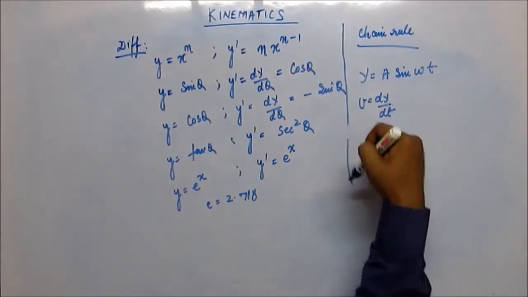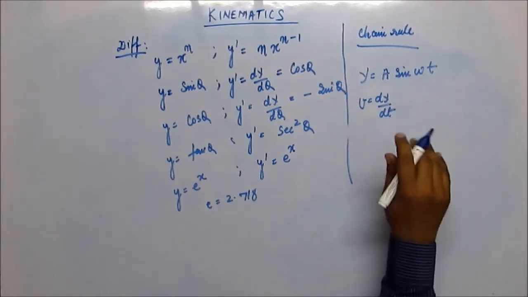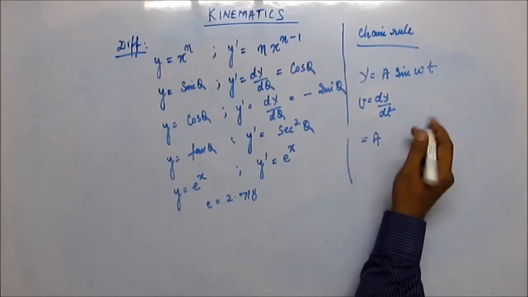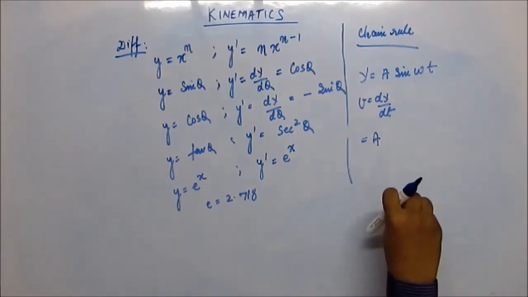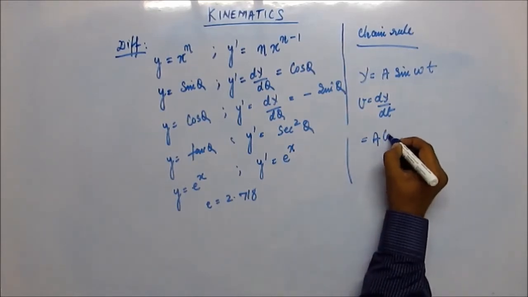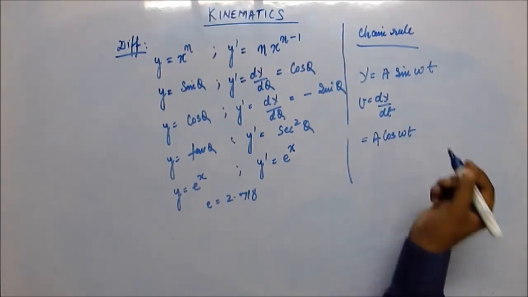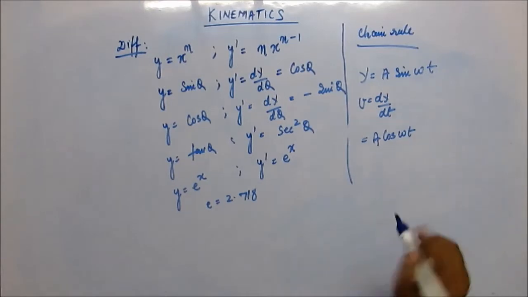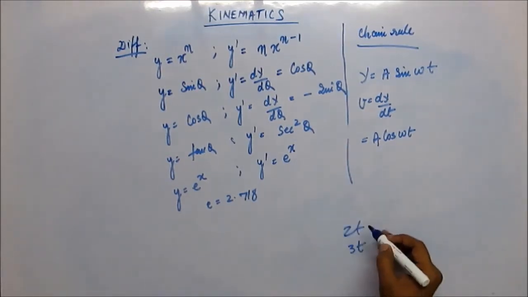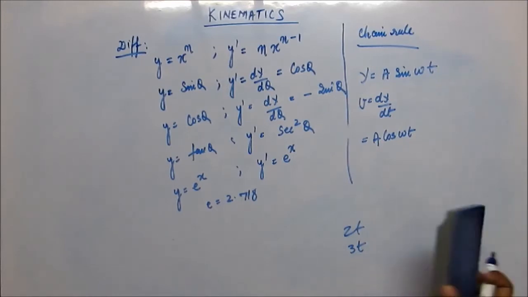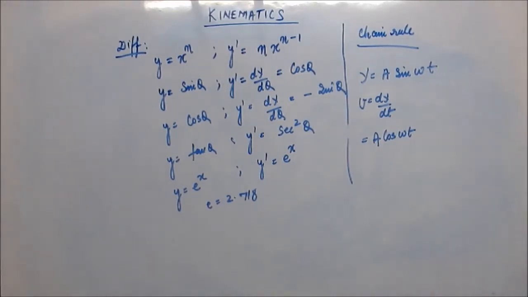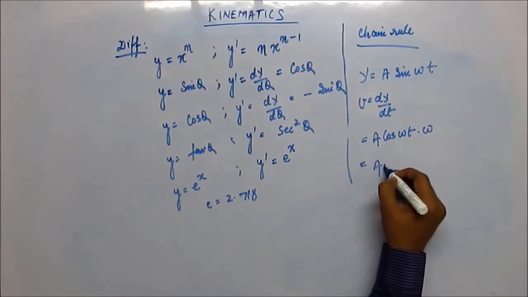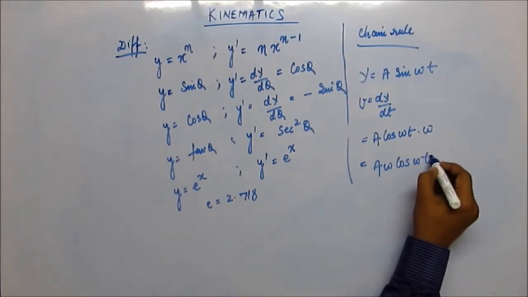You just got to differentiate this. The constant will remain constant out of differentiation. So we have to differentiate the function without thinking about the argument. Differentiation of sine is cos. So differentiation will be cos omega t. And then we have to multiply that by the differentiation of the argument. Differentiation of omega t. Omega is a number like 2t, 3t. Differentiation of 2t is simply 2, 3t is simply 3. Differentiation of a constant times t will be the constant. So differentiation of omega t is simply omega. So the velocity is a omega cos omega t.